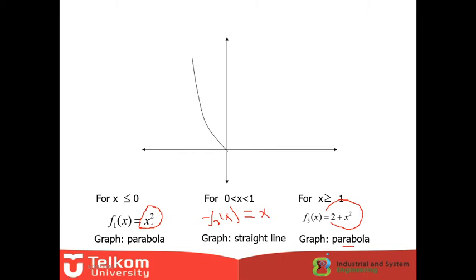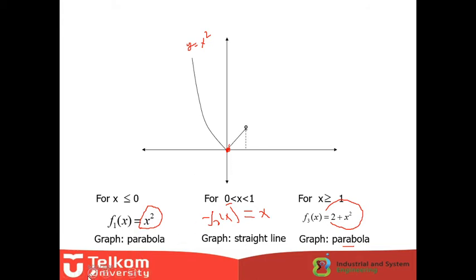Okay, for this first one, less than 0 until 0 should be x squared. So this is the graph of y equals x squared until the 0 here. This is a filled circle. The second function f(x) should be equal to x, so the picture should be this one. Actually f(x) should be like this, for example, something like that. But because we are focusing from 0 until 1, it means that we erase this one.